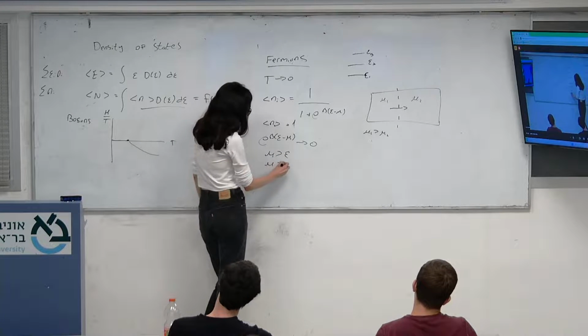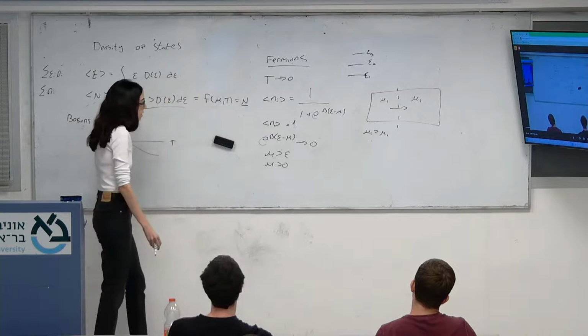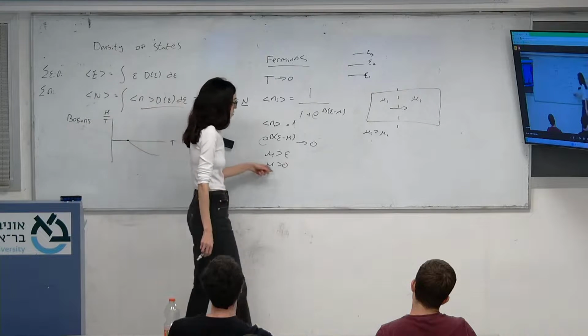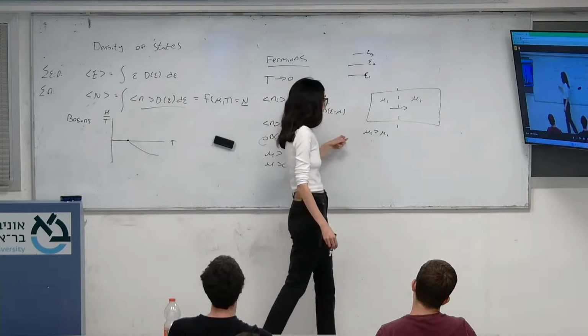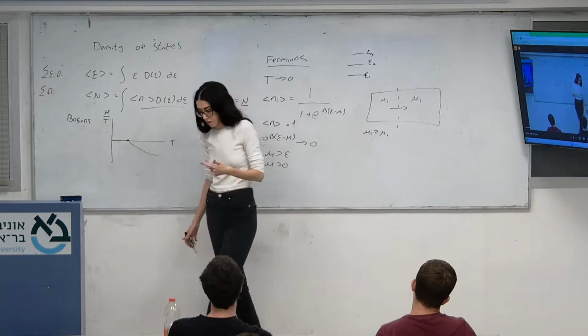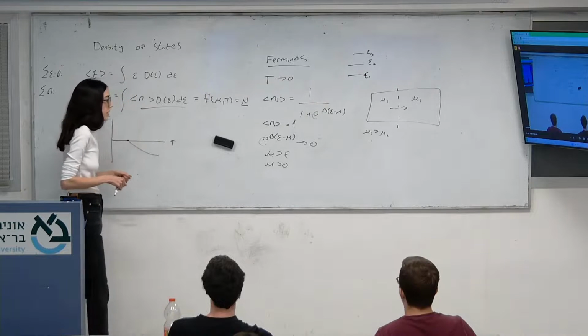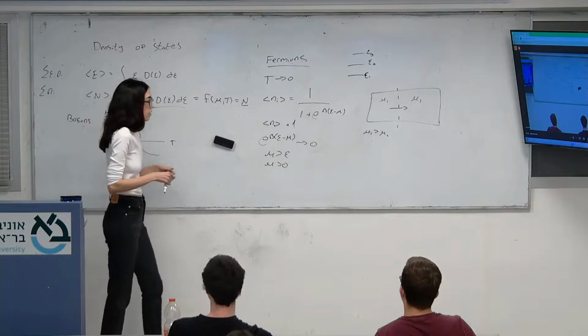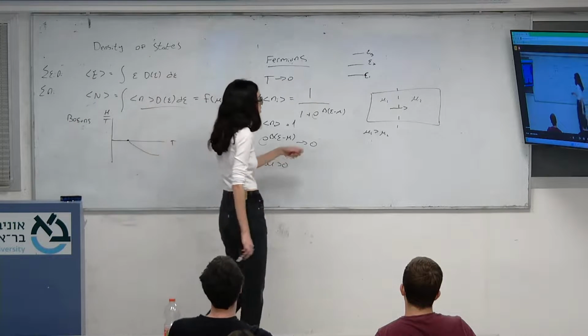So mu is larger than 0, and it means that for that case we always have a positive chemical potential. It's going to behave like a repulsive force,